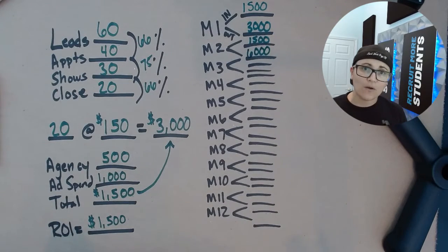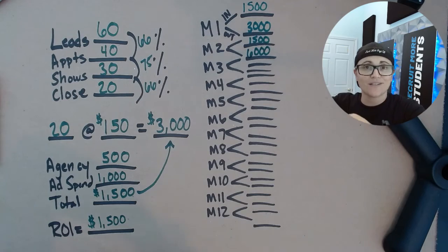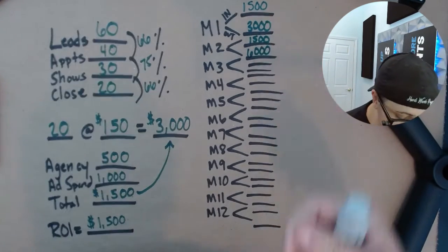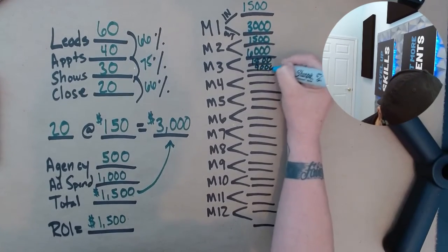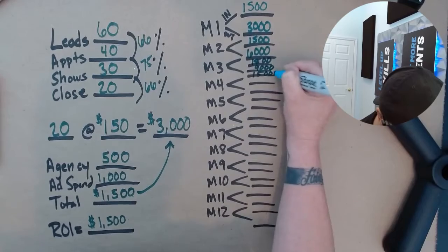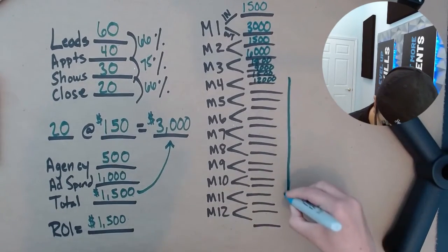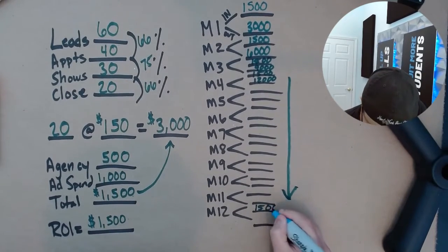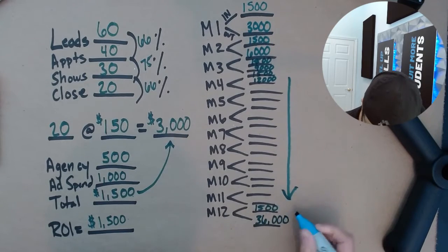How is that possible? Well, because the students that signed up in the first month, their tuition bill is going to get charged again in the second month. And we can just keep stacking this down and down. Another $1,500, $9,000. Another $1,500, $12,000. If you continue to do this all the way down, on month 12, put in another $1,500, you would, on the back end, have gotten